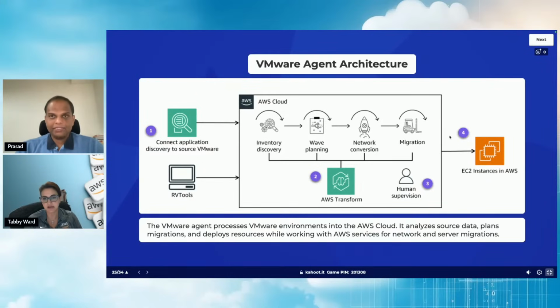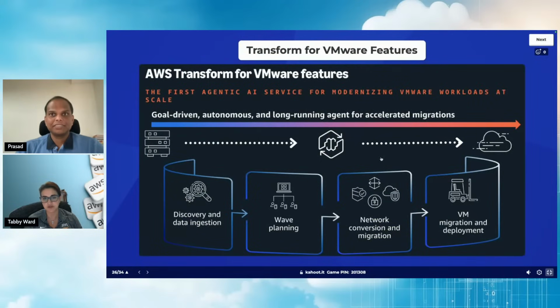Yes. And I think the next slide is exactly talking about how it starts with discovery and data ingestion. It can be an RVTools flat file you upload, or it can be ADS that connects to your environment. We also work with other partner discovery tools. Then, based on the information and network connectivity and how these servers are communicating, it determines the wave and move groups, which is a lifetime saver. Then it takes care of network conversion and translation. We have a more detailed slide talking about what network topologies are supported for both source and target. Then it uses MGN to do the migration.